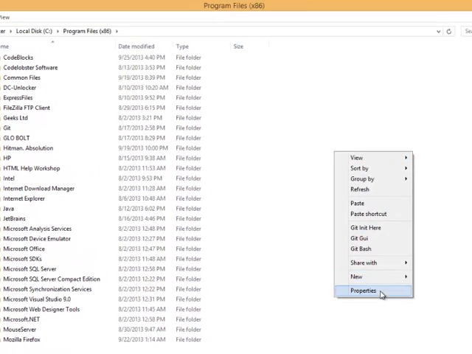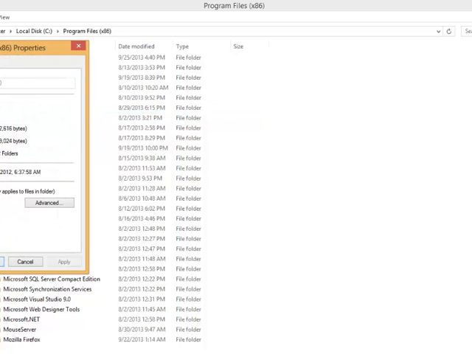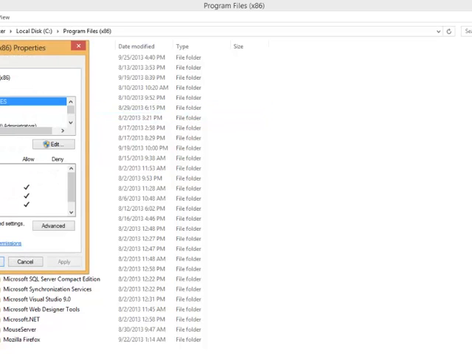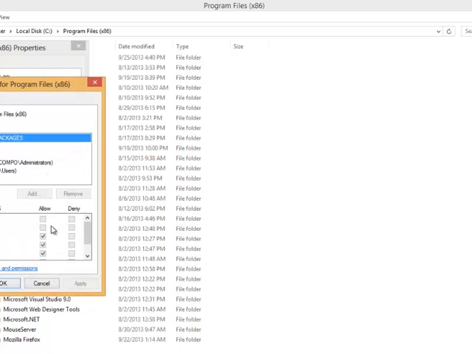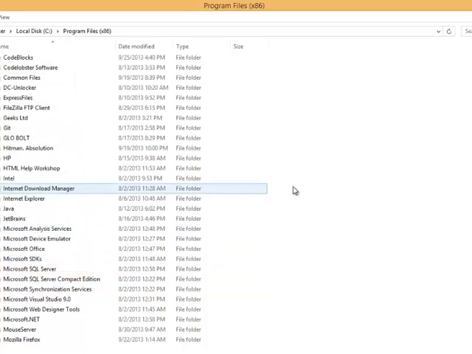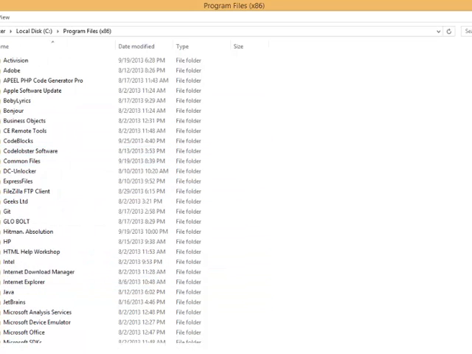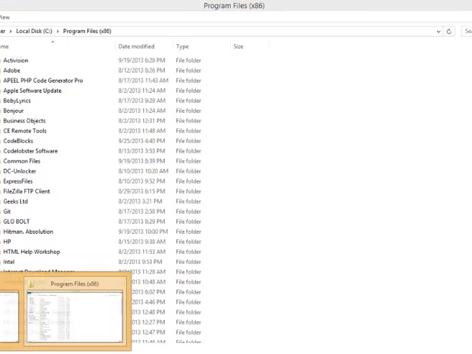Or you can actually change the rights by coming to Properties, then Security, then Edit, and you change everything here. You see all application packages can only read, but you can write to it, and these are the rest. So you can change the security settings this way. But since we have created the folder on our own,